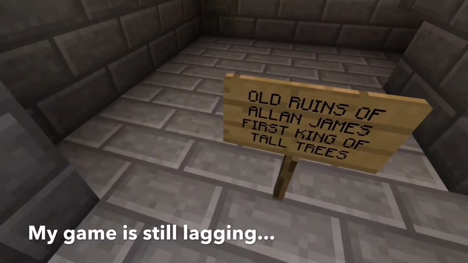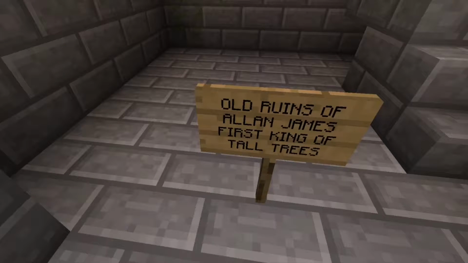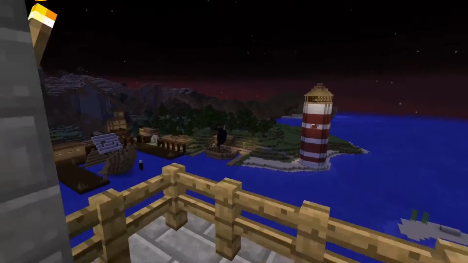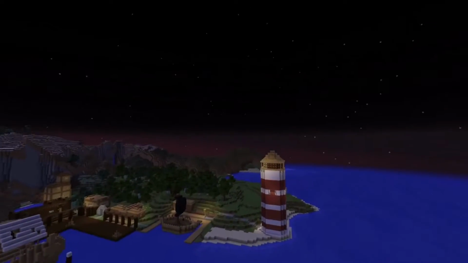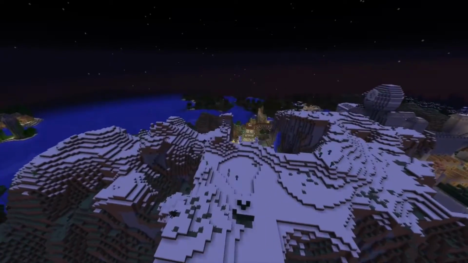What is this? Old ruins of Alan James, first king of Tall Trees. Oh, okay. It's pretty cool. So apparently there's kings in Tall Trees. We've known that. We're trying to just get everything that we can about Tall Trees. And of course there's a ton of little things. By the way,